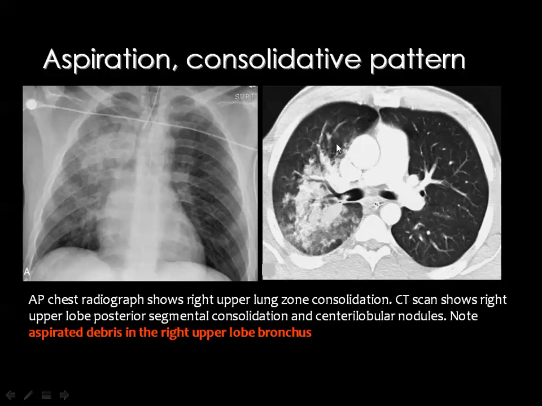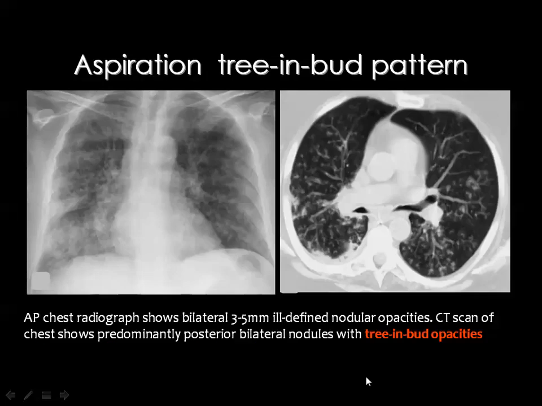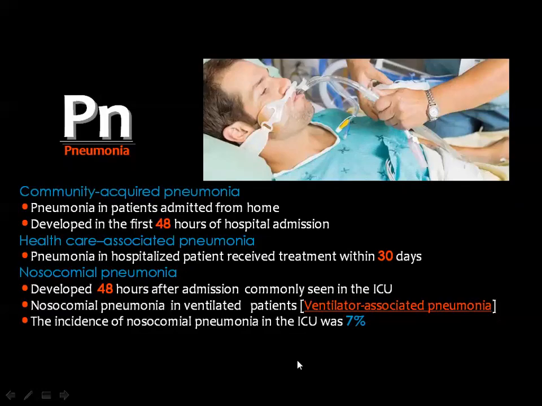CT scan showed the consolidation with air bronchogram as well as the aspirated debris within the right main stem bronchus. This is the classic appearance of aspiration with tree-in-bud. This is the most classic appearance in the CT scan, describing the tree-in-bud opacities. They are not clearly demonstrated in the plain film, but can be seen in the CT scan. And regarding pneumonia, we have to